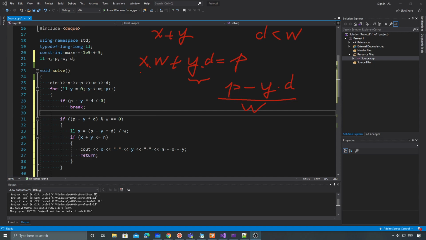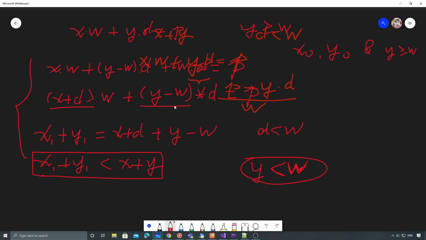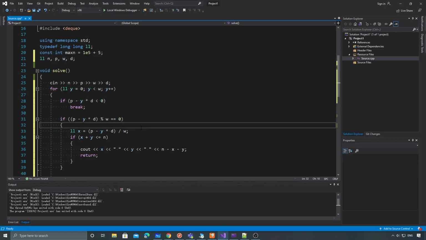I think that's pretty much it. I'm not going to run this problem because there could be multiple answers, and we could have a different answer from the examples, but I'm just trying to show you guys the idea here. So the first thing is that we have to narrow down the search range, from 0 to W, based on our proof here. And then next, since we know that we need to find the optimal answer here,